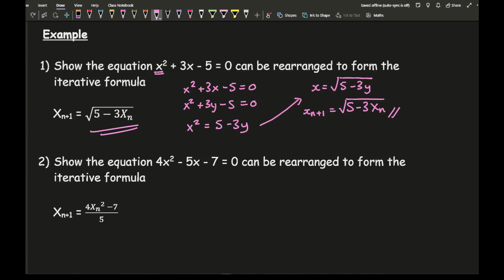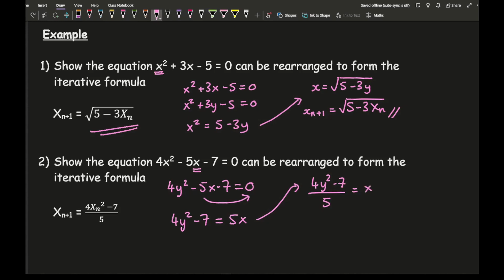Now for question 2 it says, show the equation 4x squared minus 5x minus 7 equals 0 can be rearranged to form the iterative formula. Now in this particular equation you can see I've got no square root, so it's most likely going to be this x that I'm going to make the subject. So if I then turn everything apart from that x into a y, I end up with this, and then I want to make x the subject, so if I take this over to the side, I get 4x squared minus 7 equals positive 5x. Then all that's left for me to do is divide by 5,